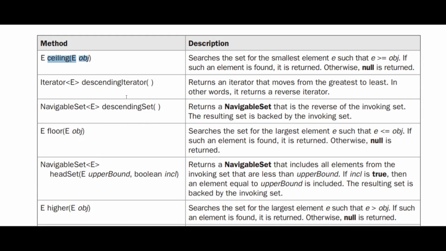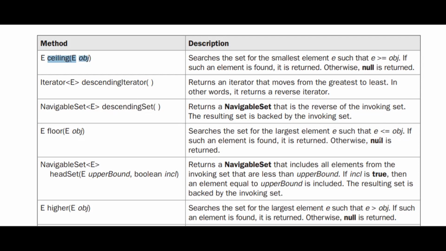So next, similarly, we have the floor method. The floor method will search for the largest element such that the element should be equal to the object or just less than that. So it is similar to ceiling but in reverse.